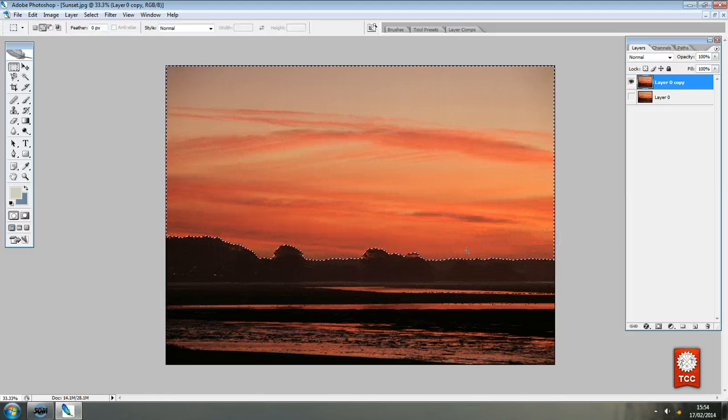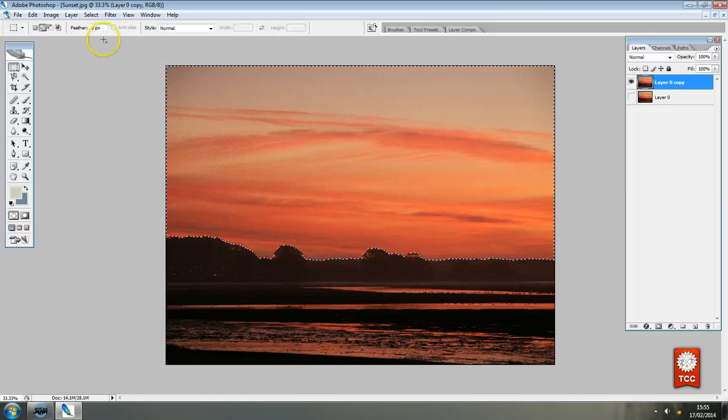and as I have said before, we don't really want to cut out part of an image in a cookie cutter fashion, which is a very sharp edge. What we want to do is to try and smooth the edge. It makes a much better transition from one image to the other. But in this case we have the sky selected,